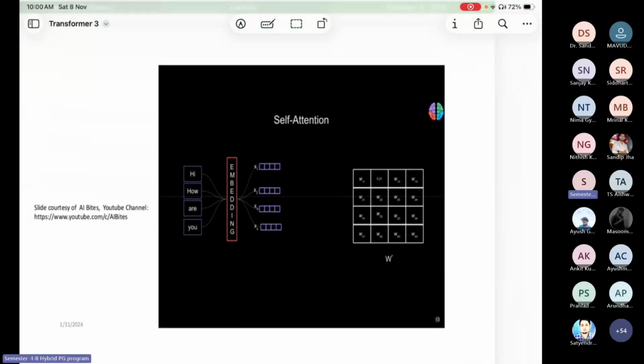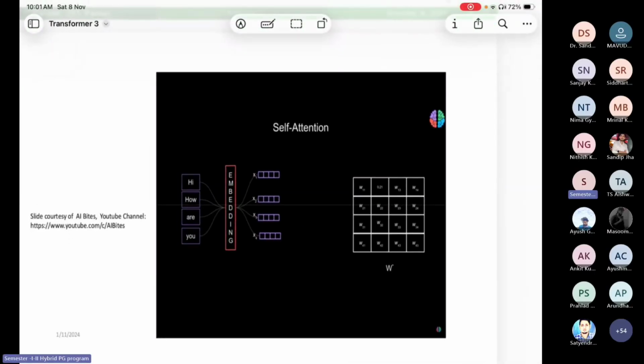Okay, now let's dive into the transformer. Before going to that, let us take one example. Suppose we are given the sentence, "hi, how are you?" You can see here these are the words in the given sentence. Now you have to solve some problem, and for that, this is the input. Suppose you have to apply the transformer on this